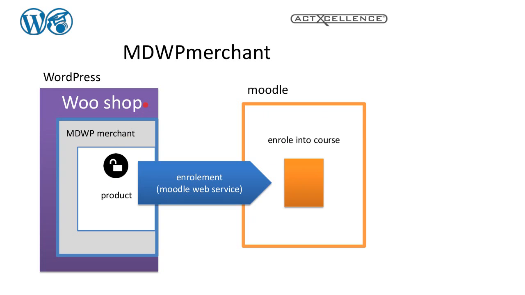If you have both, you need the Moodle to WordPress Merchant plugin. You need a Woo shop, a WooCommerce shop. Maybe this plugin can be modified to work with other shops, but at the moment it's 100%